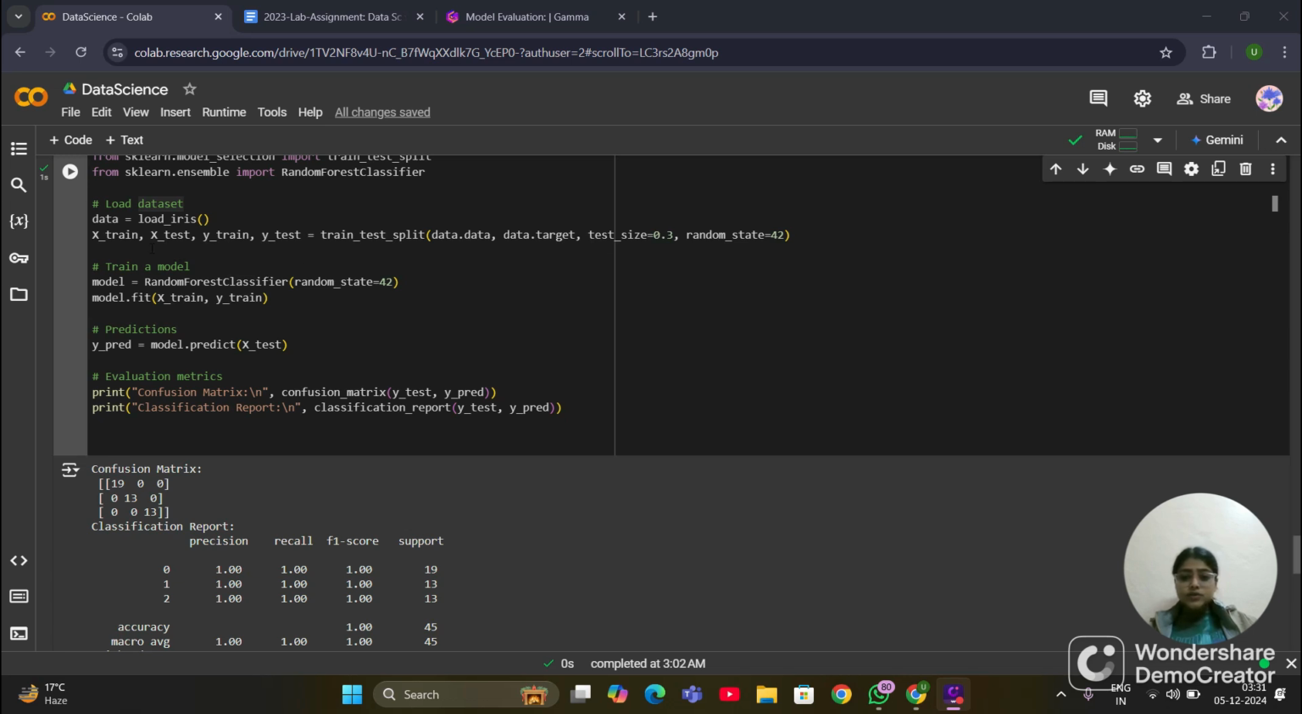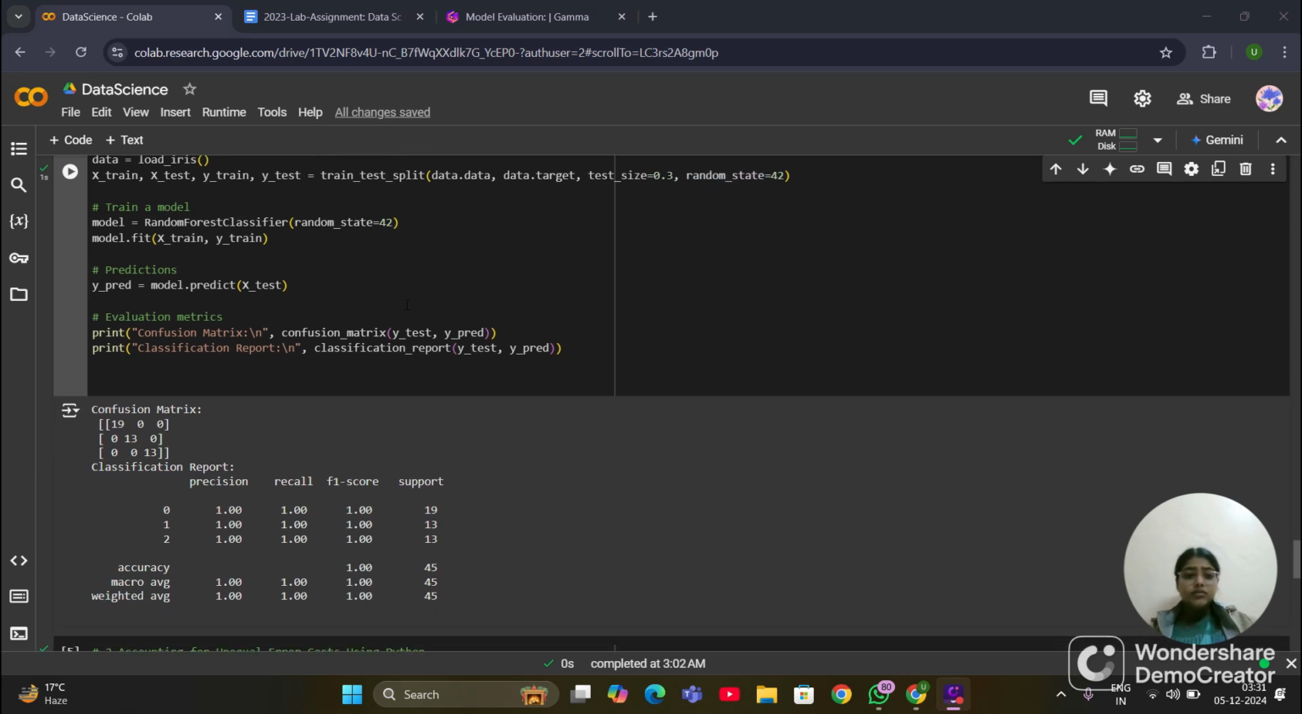these are the feature sets for training and testing, and these are the target labels for training and testing. And test_size equal to 0.3 allocates 30% of the data for testing and 70% for training. And random_state 42 ensures reproducibility by using a fixed random seed. And then we train the